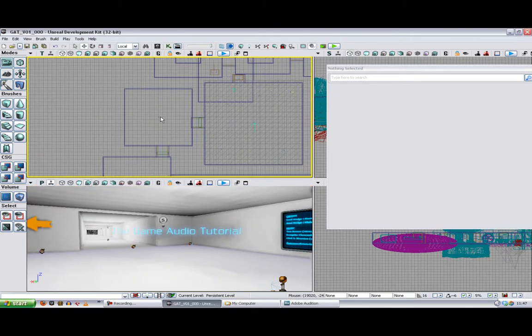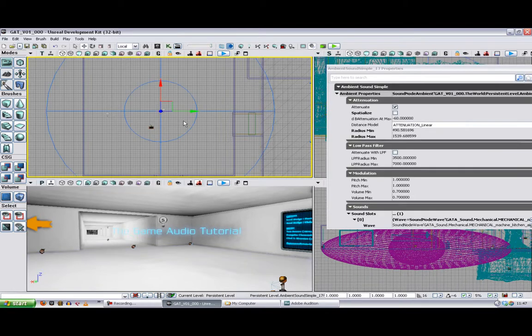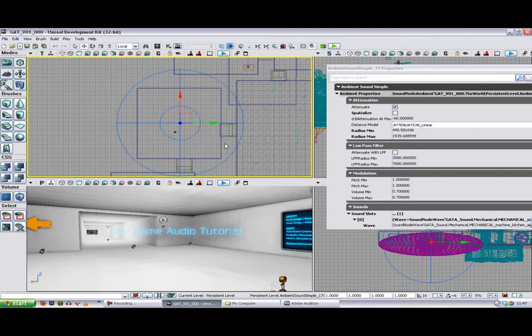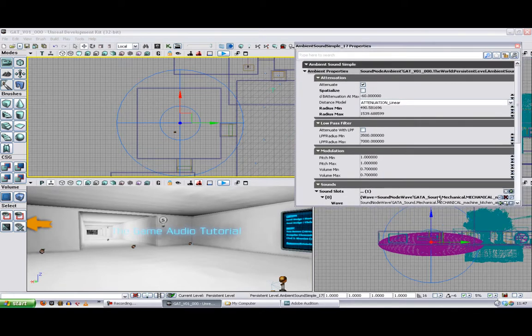So I'm using the top-down view, and I'm going to select that ambient sound simple in the center of the room. I've turned off the graphics in this viewport by using the W key, just so we can see what's going on a bit more clearly. So here we can see our radius min and our radius max, and if we press the function key F4, we open up the properties of that actor, and we can see the settings for radius min and radius max within its properties. So if we change that to, say, a much smaller area,